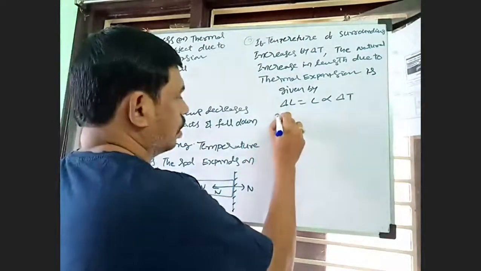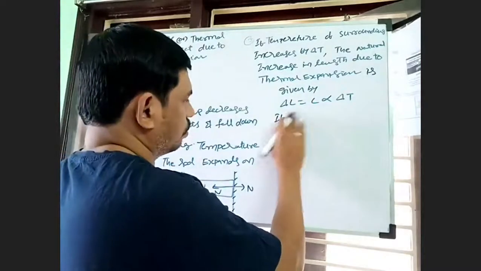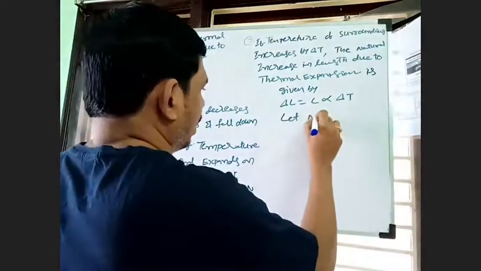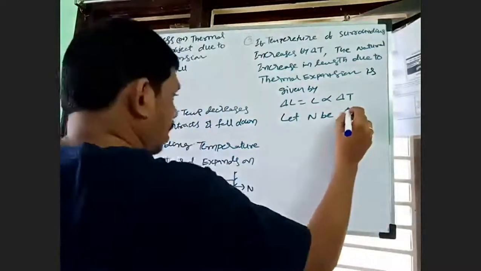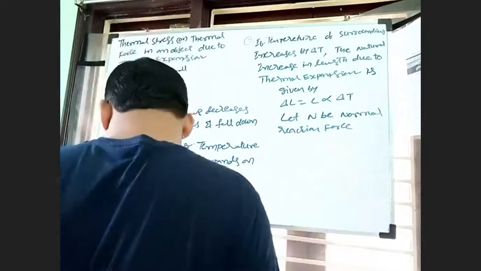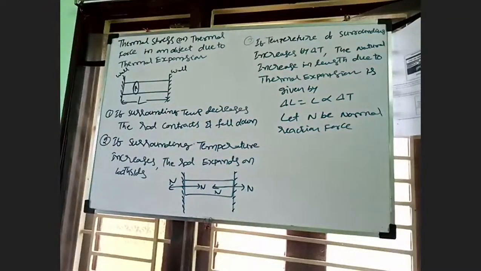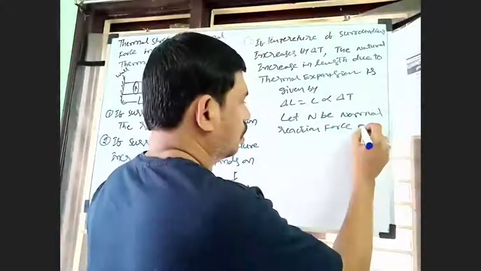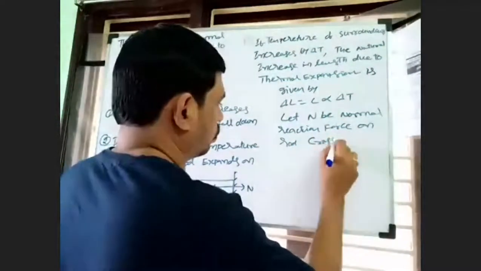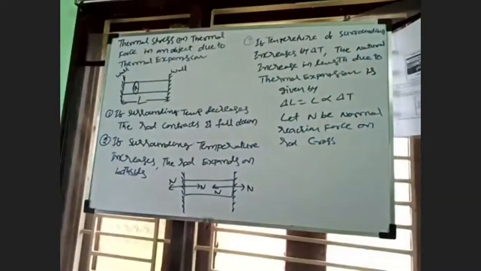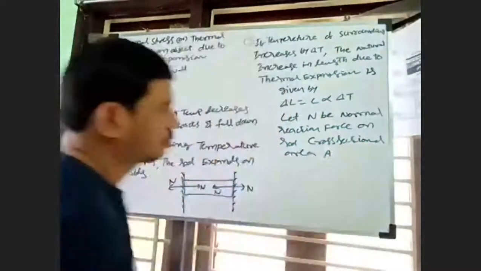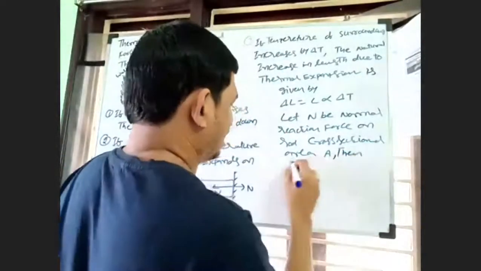Therefore, let N be the normal reaction force on the rod, and let the cross-sectional area be A. Then the stress is